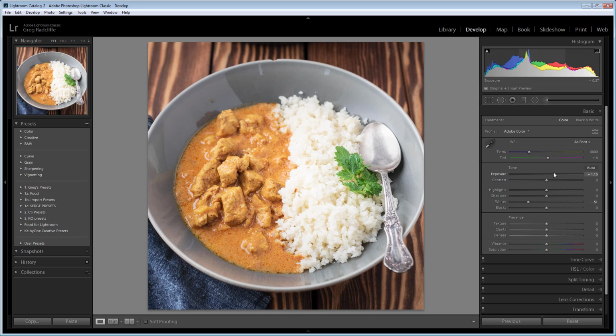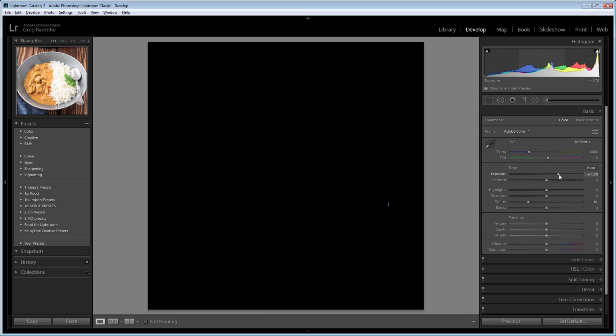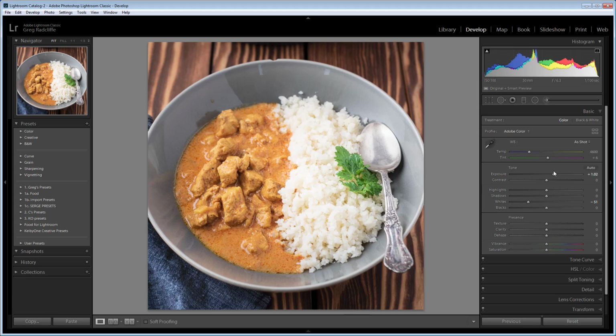Now, of course, I can drag this up and down. I can watch the histogram above, but if I use that Alt key before I drag, then it's going to switch over and give me that view, and it's going to let me see where things start to blow out. And I can go back to just before that point, and once that becomes all black and I lose those white areas, I now know I have no completely blown out areas in my photo. So as I stated, that's one of my favorite areas to use it. The other one I would say